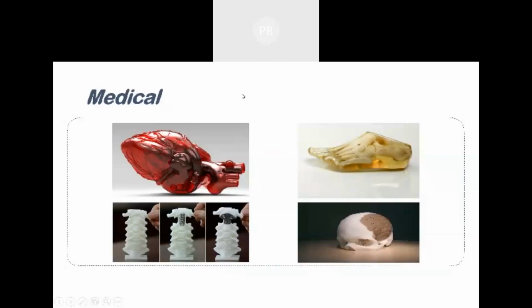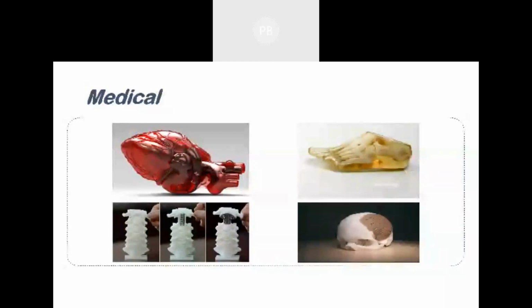Medical is again one of the bigger applications of 3D printing, where we develop anatomical models, realistic models like cranial plates, surgical guides, and surgical models for pre-planning of surgery. If you are doing any surgery, by seeing the CT scan or MRI scan data, doctors can't identify the real challenges that will be faced. So now with 3D printing, doctors develop real patient anatomical models and pre-plan the surgery on those.